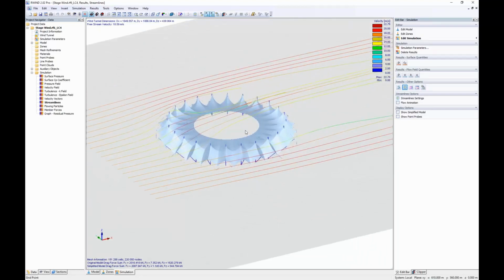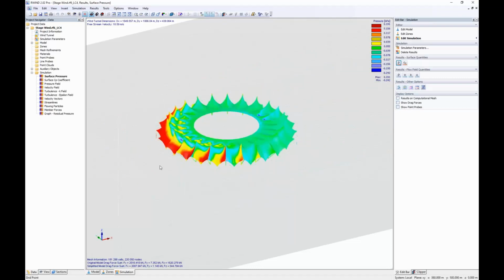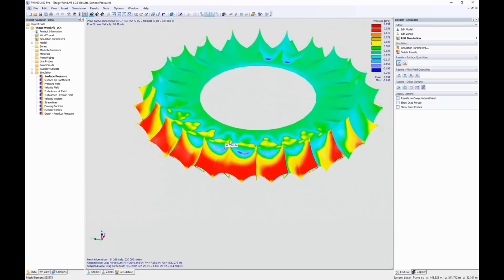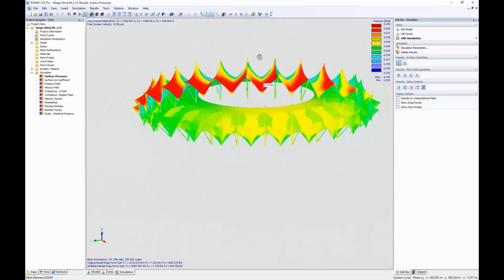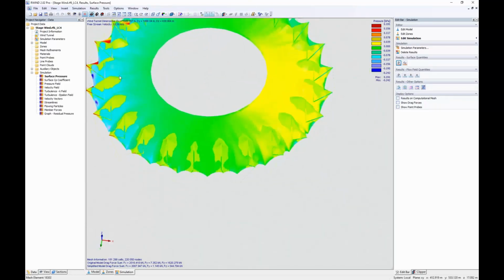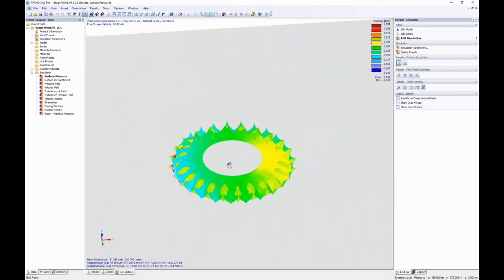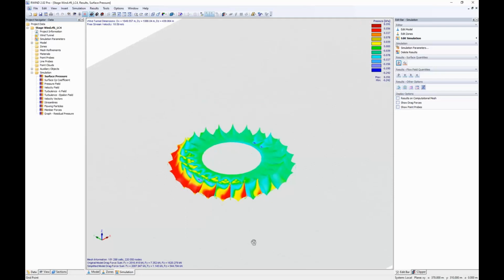And according to this information, the program can, let's say, calculate the pressure on the structure. You see, if it's updated, that we have here in front, of course, some pressure, here some suction or below. You can even see the suction in the back. So all this influence is given then,